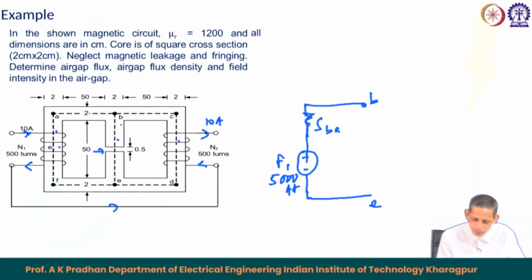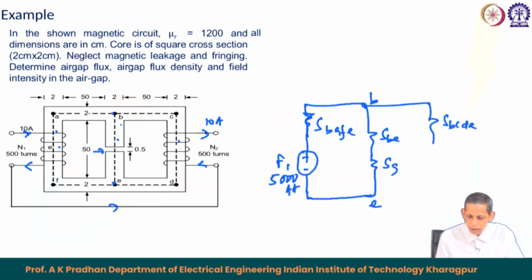F and to E. So, up to this point we have a reluctance like this, and then from B to E we have a core, so that is S B E core, and then we have a reluctance for the gap. Agree? Now, this part from B C D E we have a reluctance S B C D E, and then